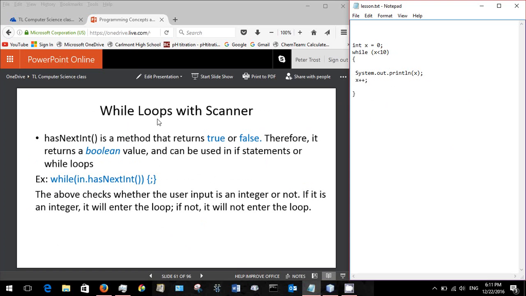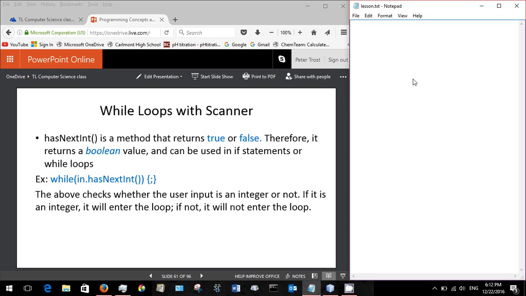Well, this application with scanner is very interesting because, and this is one of the things that only while loops can do and not for loops, you're just going to say, well, I don't really know how many times I'm going to be iterating through. I just want to make sure that it stops at this condition. Okay, so to do this, let's introduce the